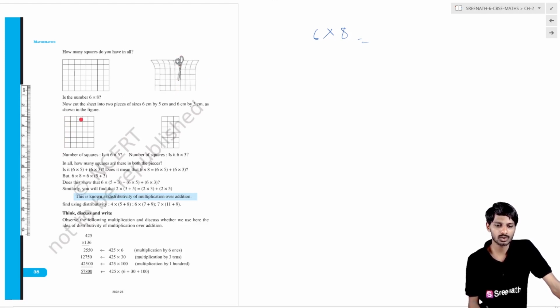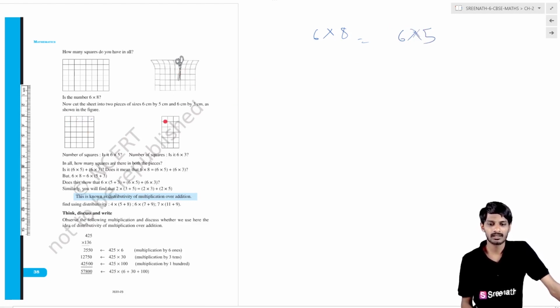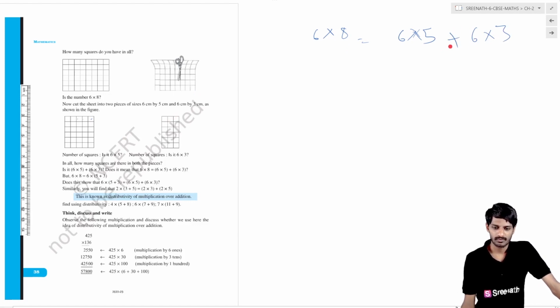So how many columns? 1, 2, 3, 4, 5. So it is having 6 rows and 5 columns, and the remaining 1, 2, 3 are the columns. These are the 3 columns. So 6 into 3. So what is our question? Now you have to